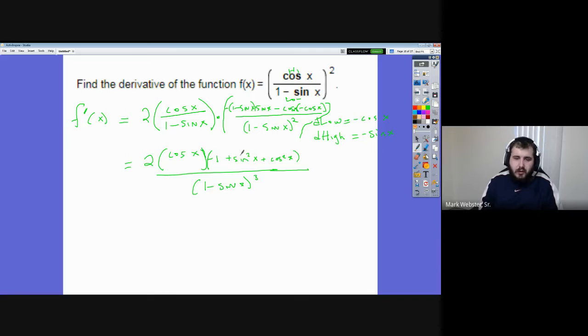Because look, sine squared plus cosine squared, that's the Pythagorean identity. That's 1. So you got -1 plus 1, right? So this ends up being 2 times cosine times 0 over 1 minus sine of x cubed. So this actually ends up being 0, but